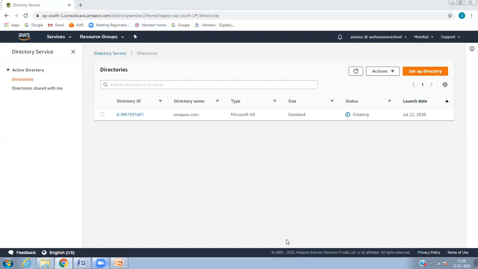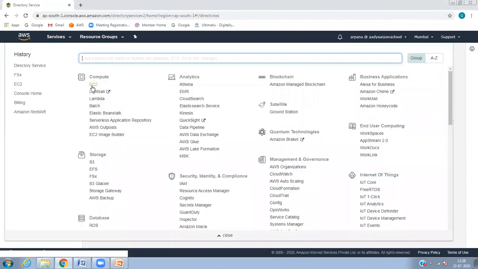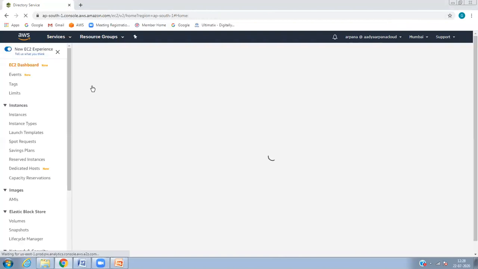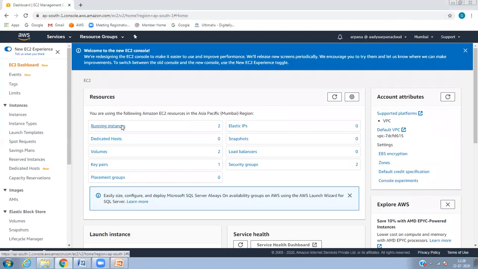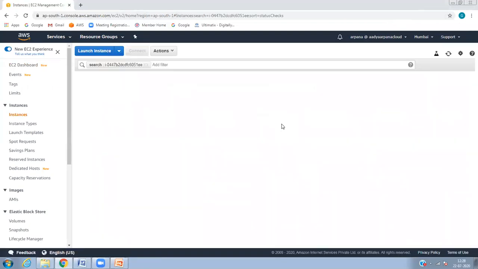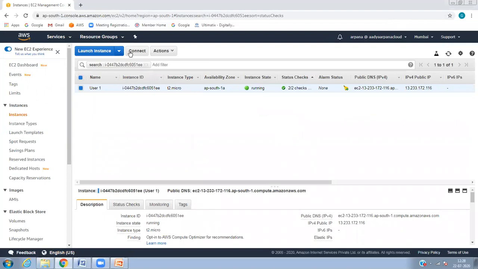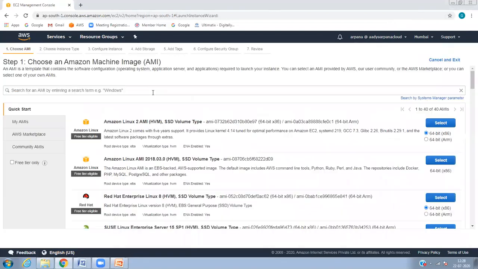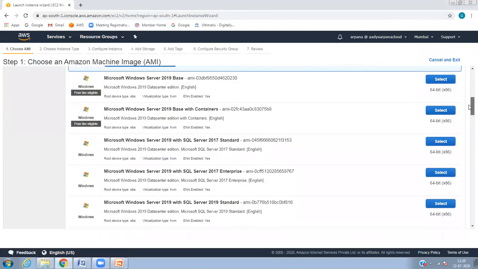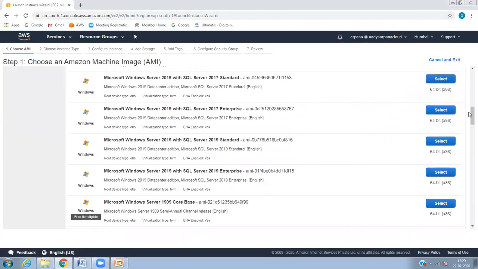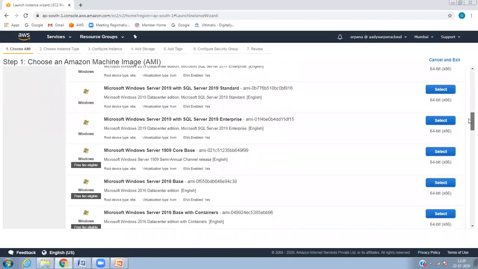Yes, see, I'll show you. Basically, I can create 10 EC2 instances also. In those 10 instances, you need to connect to that particular server. But here it is not showing that previous EC2 instance, because it is a domain controller. It is a domain service.